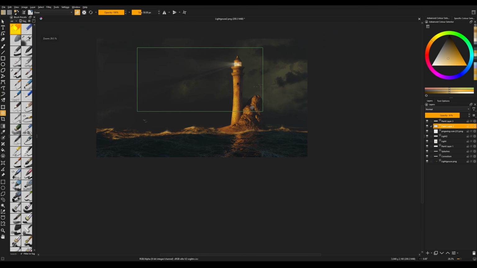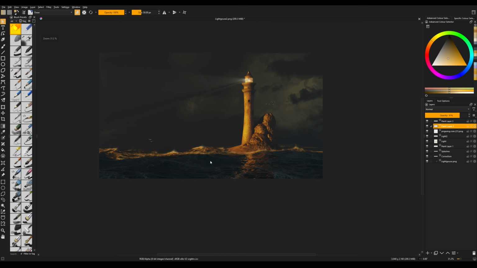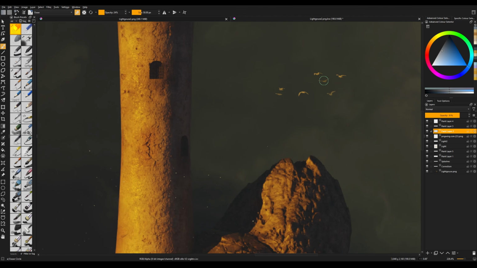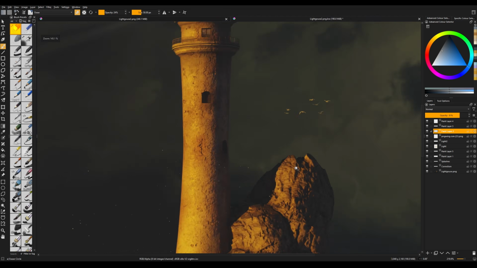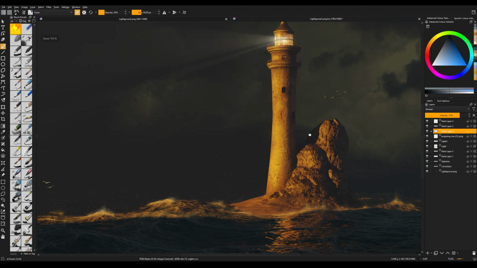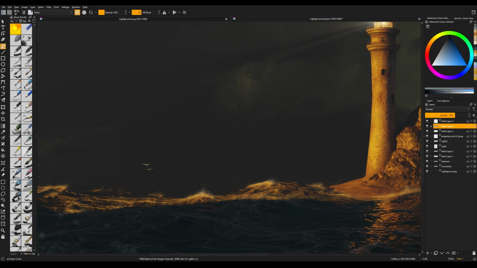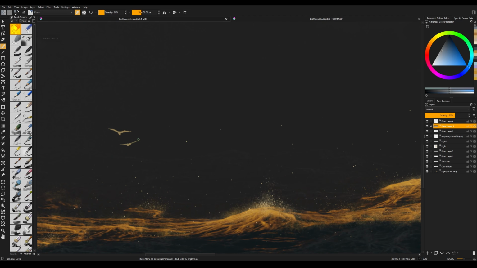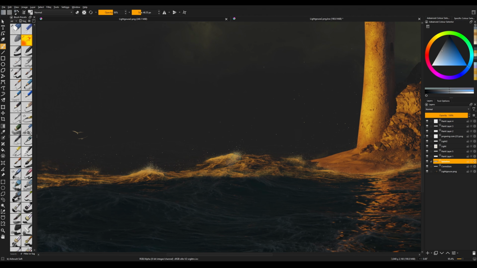For final details, I added birds using the created stamp brush, and this also plays a crucial role in emphasizing the light. It must look like all these birds are flying from the darkness to the last sunlight. And it's not enough just to paint these birds because they look flat and not realistic. But if I wipe off a little bit of the shadow parts of these birds, it brings some volume and makes it look as if they're trying to fly out from the darkness to the last ray of the light. Essentially, I emphasize the direction of light.